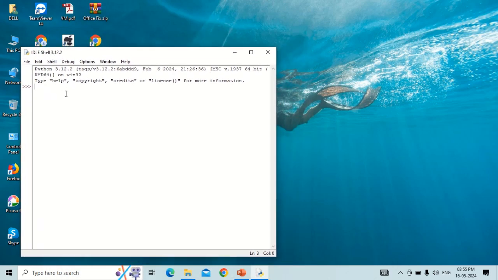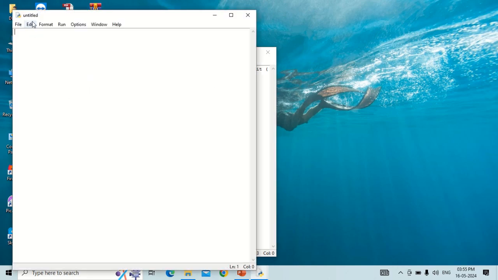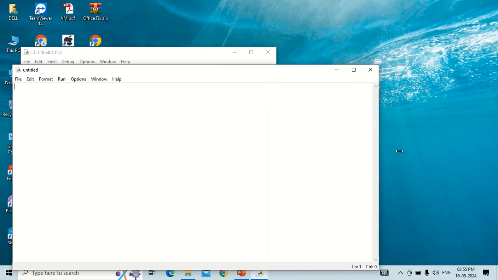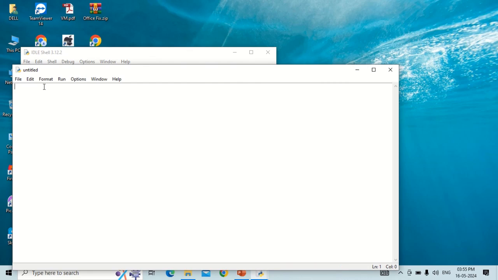So I'll create a new file by using the shortcut key Ctrl N. So this is a new file where I will be writing a program. I am adjusting the size of the screen of the file. So here first I will write the program name as a comment, hash